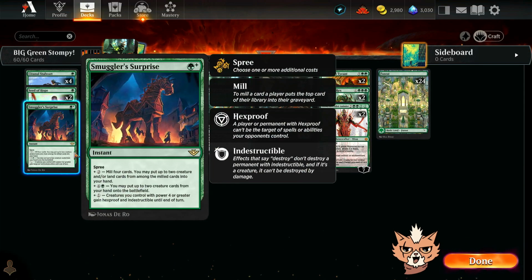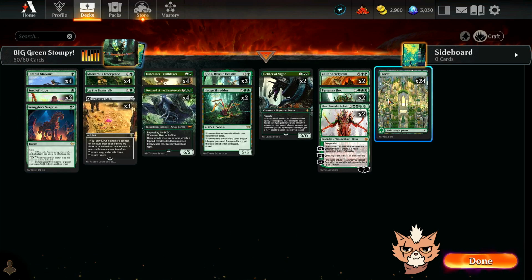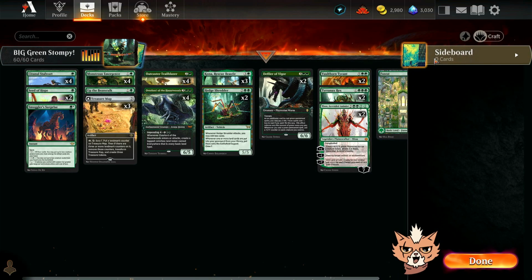We also have a 1-of Smuggler's Surprise, which is just another great way to cheat out some powerful creatures. 24 mana is hopefully enough, and no honorable mentions today, guys. I probably could have packed this full. All 15 cards on the sideboard probably could have been an honorable mention, but